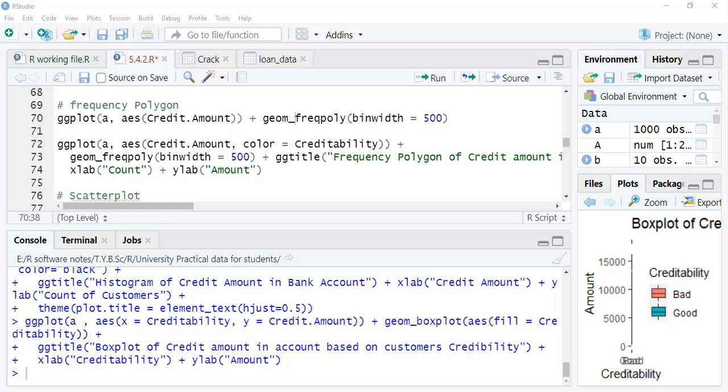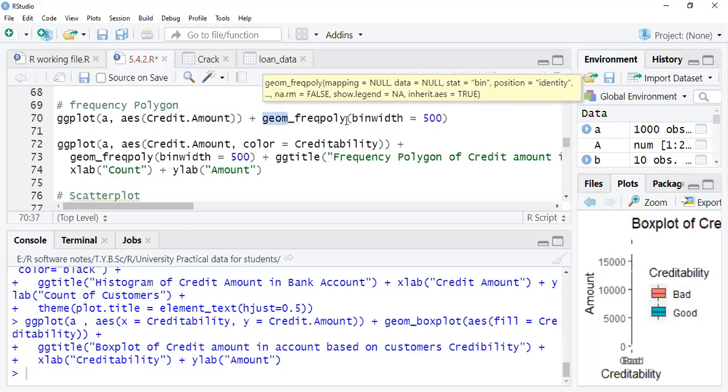Okay. So what you have to do here, you need to see the frequency polygon. ggplot A, my x-axis is credit amount because my variable is credit amount, and what I have written for frequency polygon is geom_freqpoly. See, this command is already there.